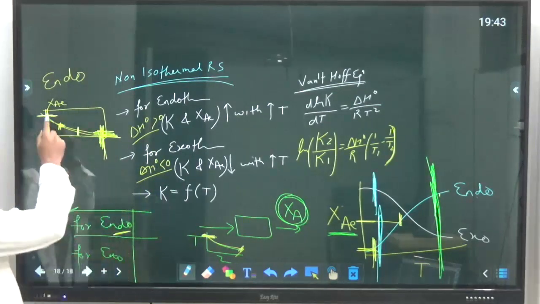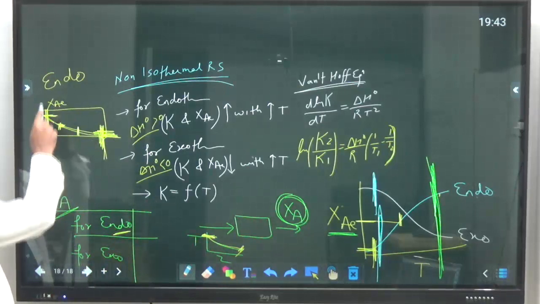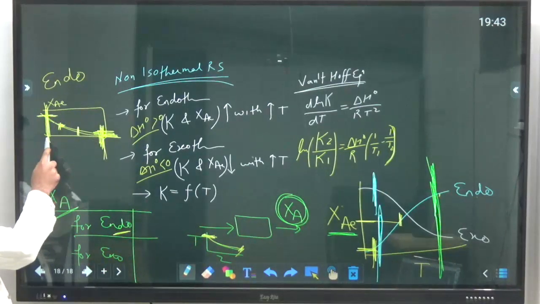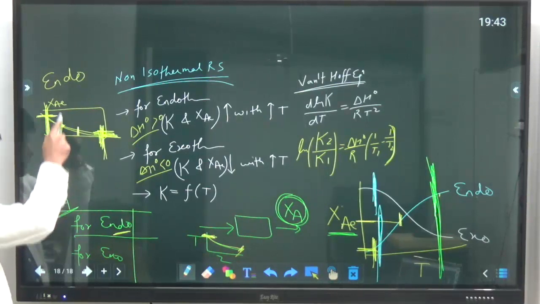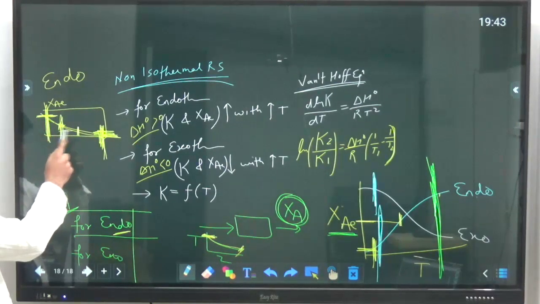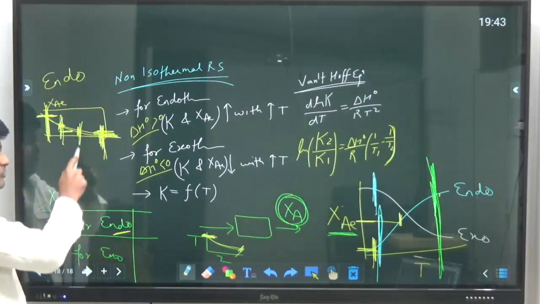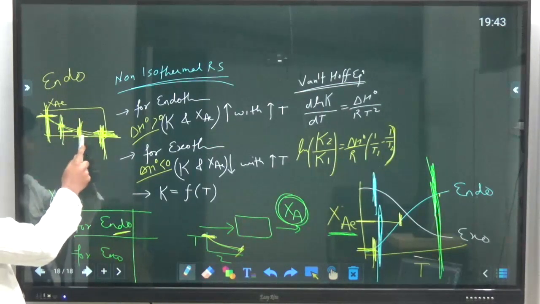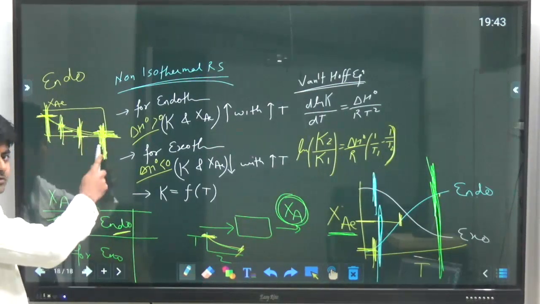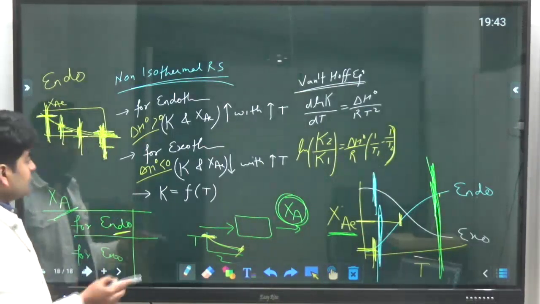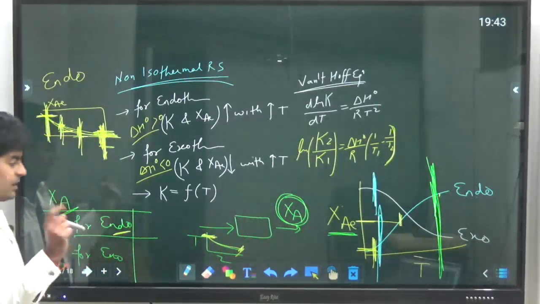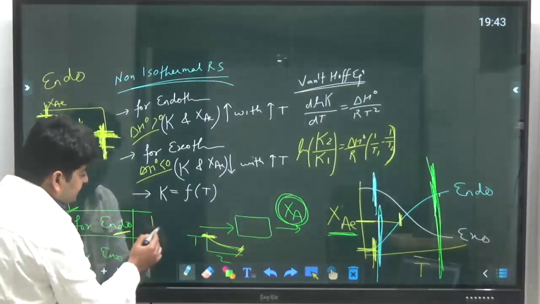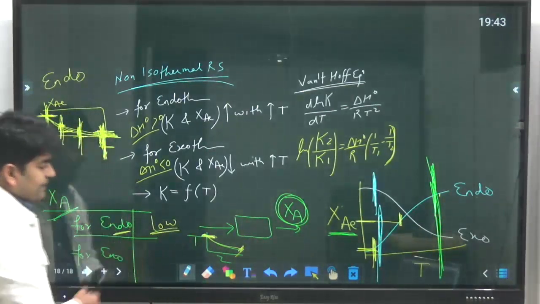If I am talking about 100 molecules, suppose I was having 1000 molecules here. Out of those 1000, only 100 molecules will react. Out of 1000 here, only 50 will react. Out of 1000 molecules, only 20 will react. Out of 1000 molecules, only 5 will react. That is the meaning. So you can see equilibrium conversion is decreasing along the length, so overall conversion will be a lower value.